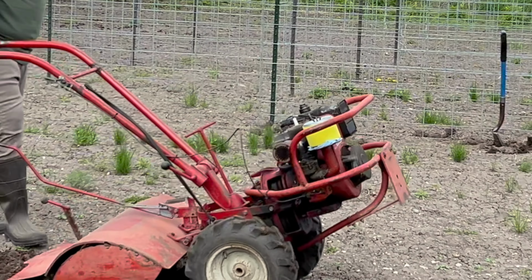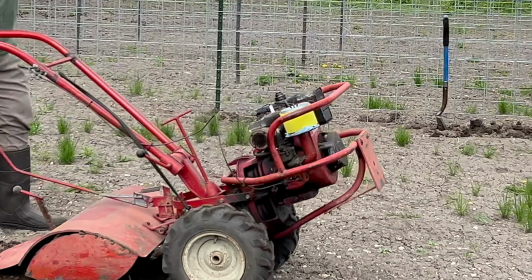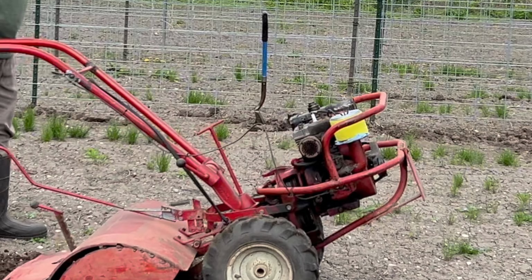But this year is full of surprises. First off, I thought, and I always hope, will the Troy-Bilt start? Fourth pull started right up and we tilled the whole garden. It's only 2 feet at a time and it takes me a long time, and I'm getting older for that. I have too much weight on. But we get the first planting done, the tomatoes in the garden and the whole thing. And sure enough,